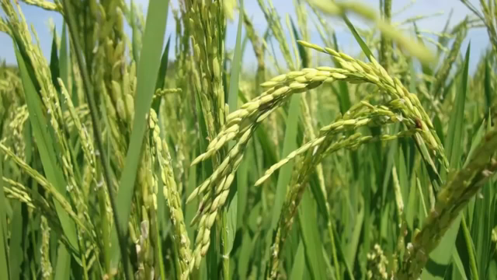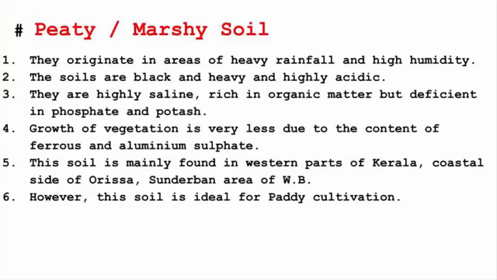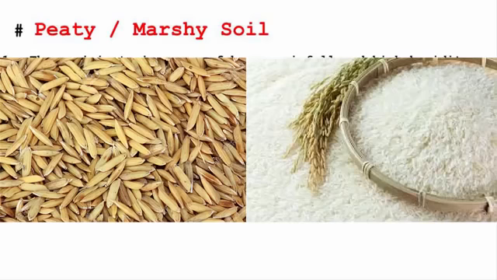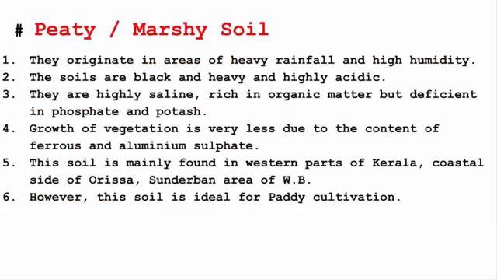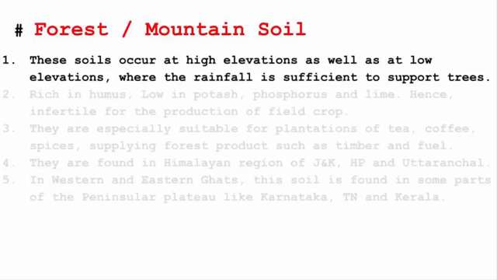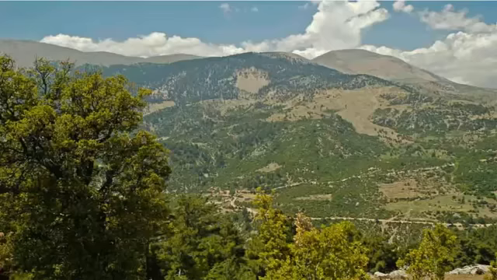Paddy is nothing but growing of rice. So before you remove the husk to take the rice out of it, the entire portion with the husk is called paddy. They are the unprocessed form of the rice, or you can call it rough rice. Or in Hindi it is called mota chawal, which you get in a ration shop or a public distribution system. And the last type of soil that we are going to read about is called the forest or